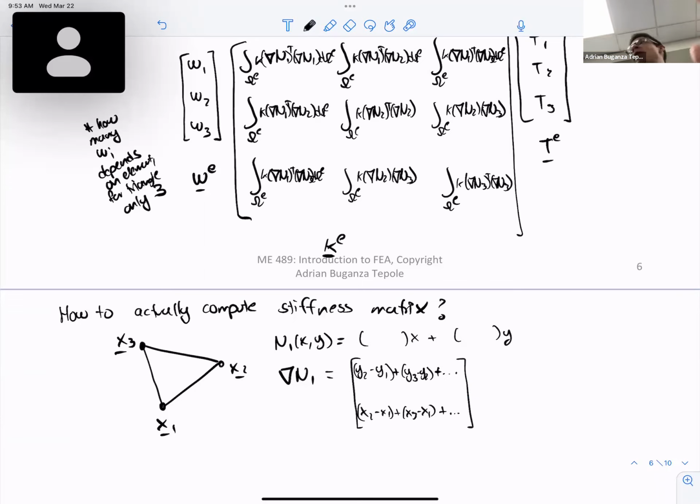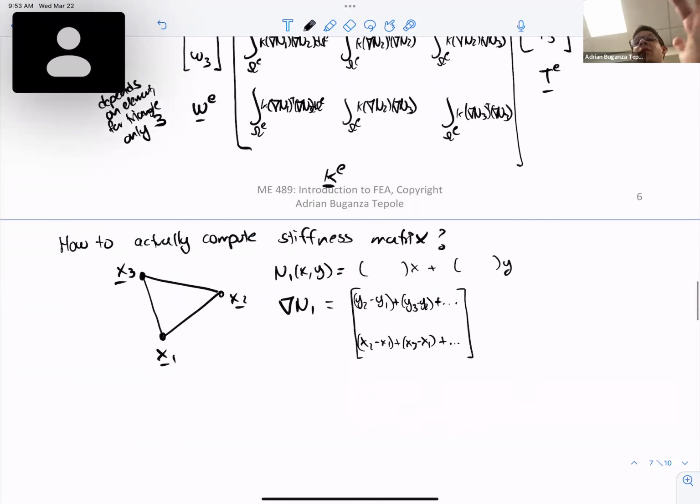We'll actually compute it on Friday. But the main thing that I want to point out is that there is some function that you can go look at in the notes and write down. And if you can take the derivative of that function, you will get the gradient vector, which are derivatives with respect to X and Y. And importantly, this vector is constant because this is a linear function. This is a constant vector,